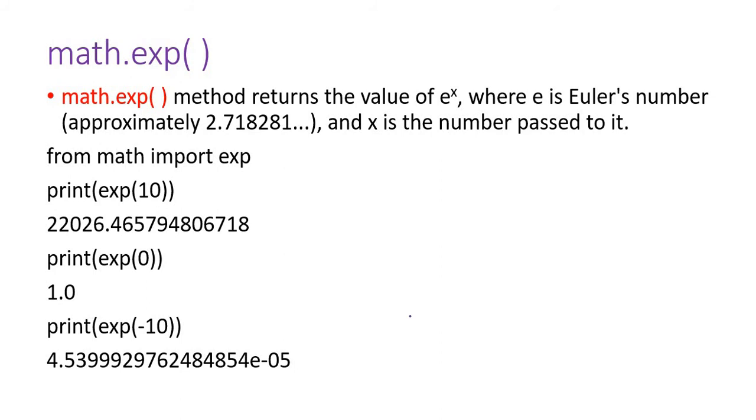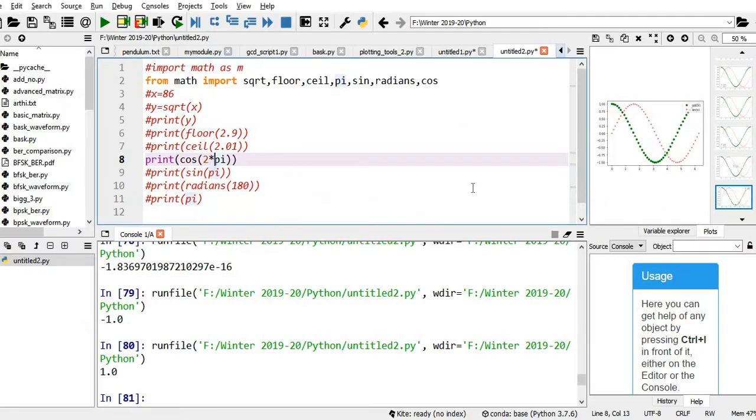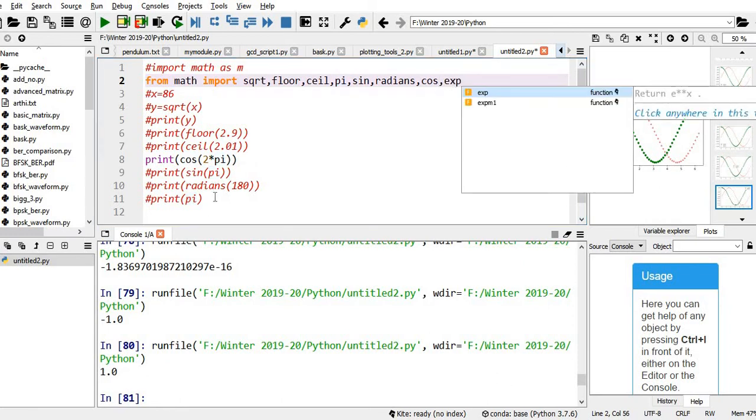Then exponential, exp. We know e is approximately 2.718. So this exp function is basically exp of x is e power x. We'll try this. So let us import exp.